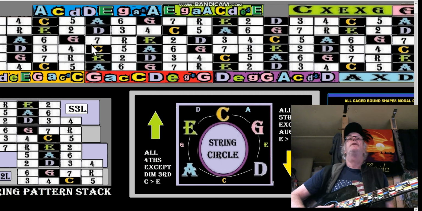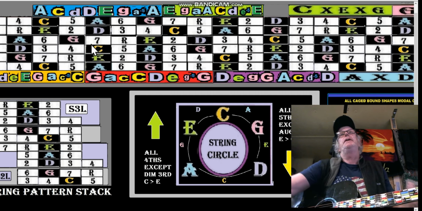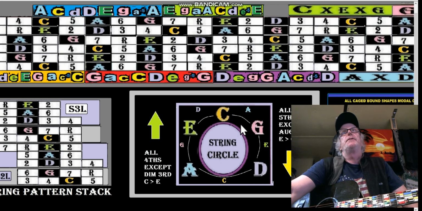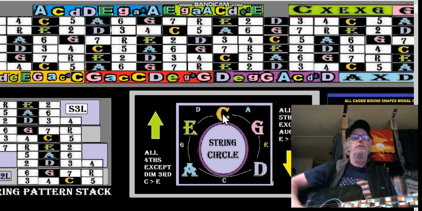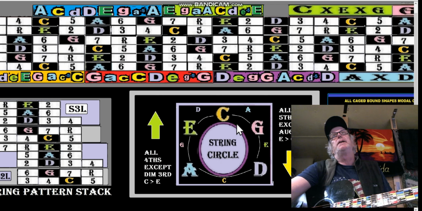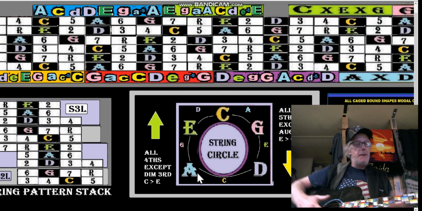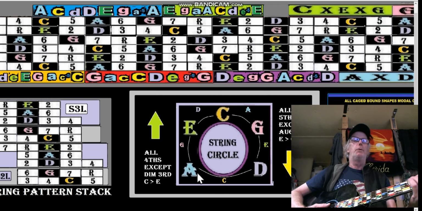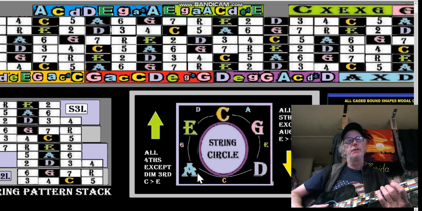All right, so it helps to try and memorize this. C to G to D to A to E is in 5ths. C to A to E to A to D to G to C is in 4ths. The other way to look at it is it's just CAGED, but every other letter. So you would skip the A to G, skip the E to D. It's a good way to do it, because if you happen to want to go forward or backwards in CAGED,